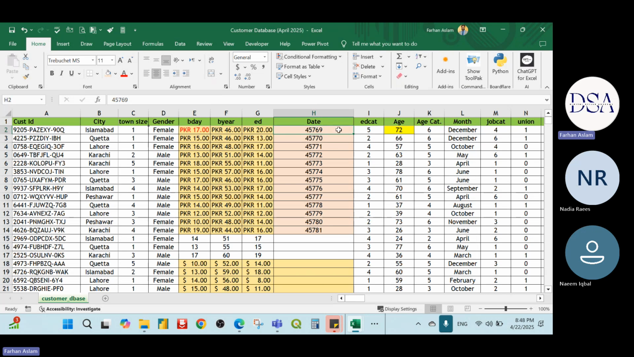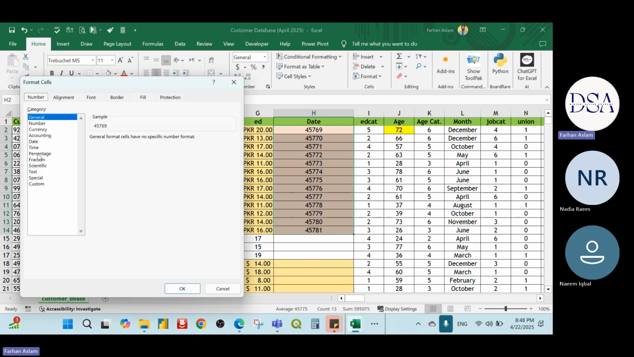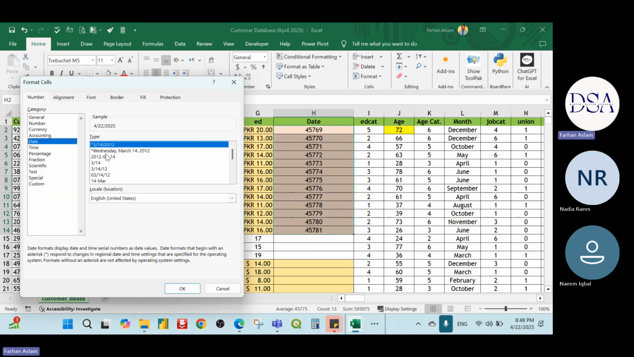Actually, the number is reflecting the total number of days since Microsoft Excel was developed. So we can say that today's date is converted into 45,000 plus days. So this is the logic behind this. Similarly, if I select this area, and click on this menu and go back to this date